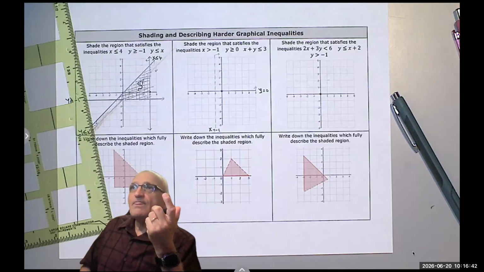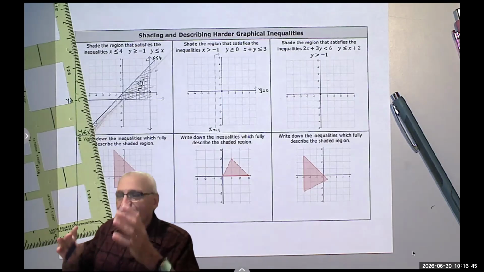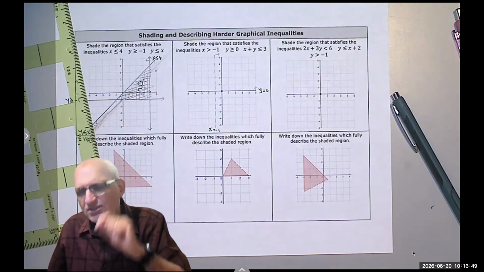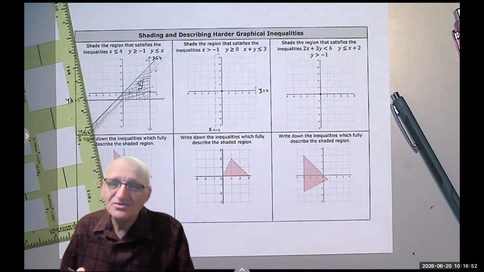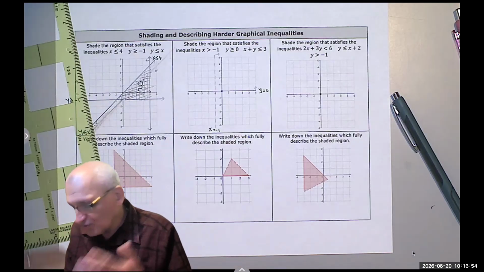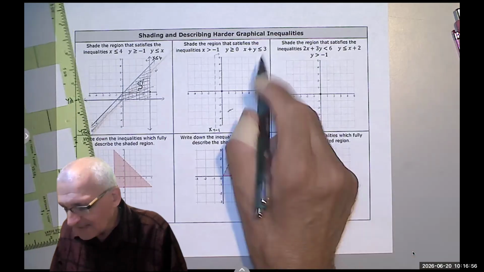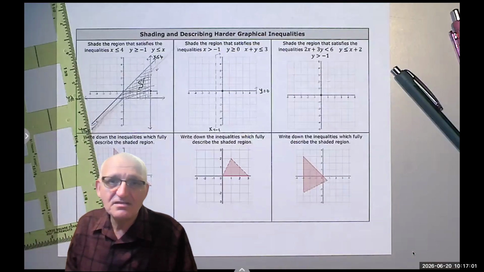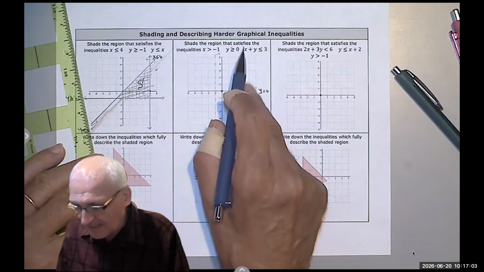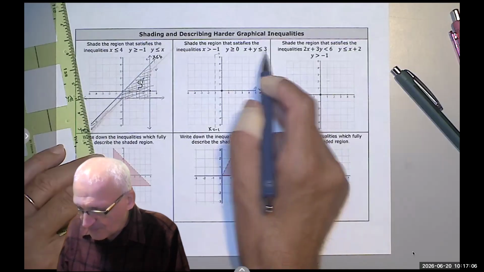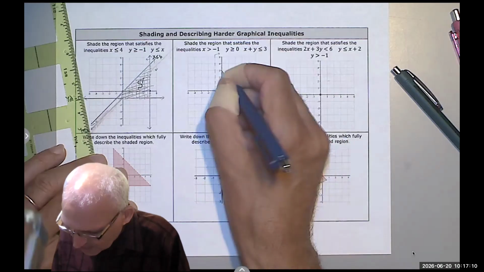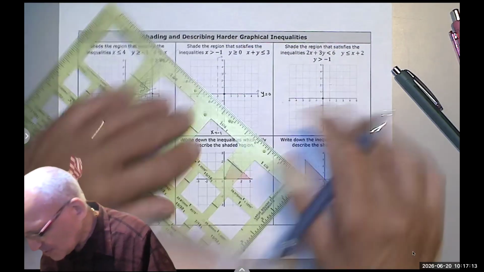Many people have their mindset that if I have a straight line, I have to write it y equals mx plus b. No, you don't. As I told you before, divide the right-hand side by the coefficients and you get the x-intercept as well as the y-intercept. Both of these are 1, 1x plus 1y, right? So 3 over 1 is 3, that's the x-intercept. 3 over 1 is 3, that's the y-intercept. I join these two lines and I have,